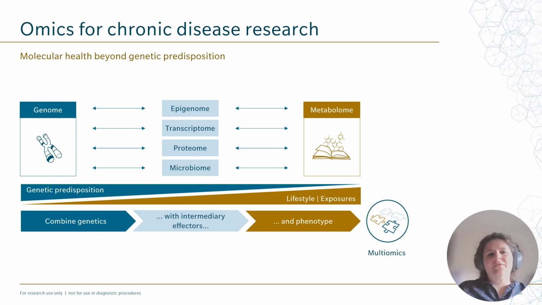So this strong influence of our environment, which is diet and lifestyle, makes it crucial to study chronic disease with omic technologies to get this more granular measure of health. And metabolomics is an especially interesting omic in that regard because it is the one that is most sensitive to environmental changes. It's an omic that is going to fluctuate and respond, adapt to our environment, much more than, for